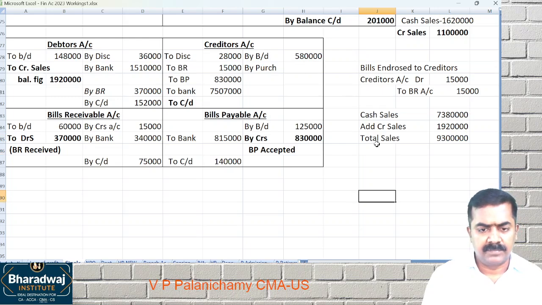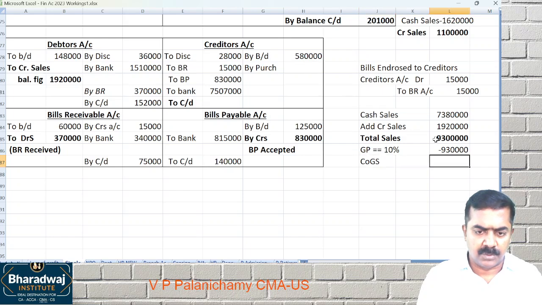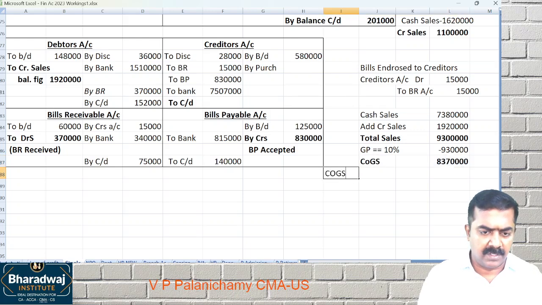In the question, is any profit margin given? How much is the gross profit? 10% on sales. You will get cost of goods sold, 83,70,000. Apply the formula. Cost of goods sold is equal to